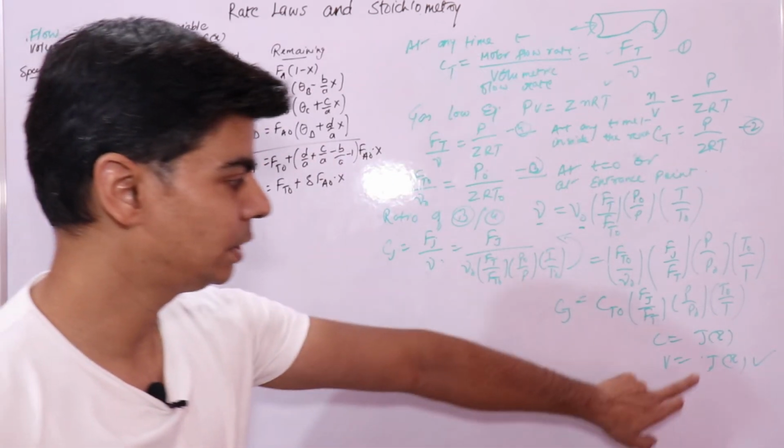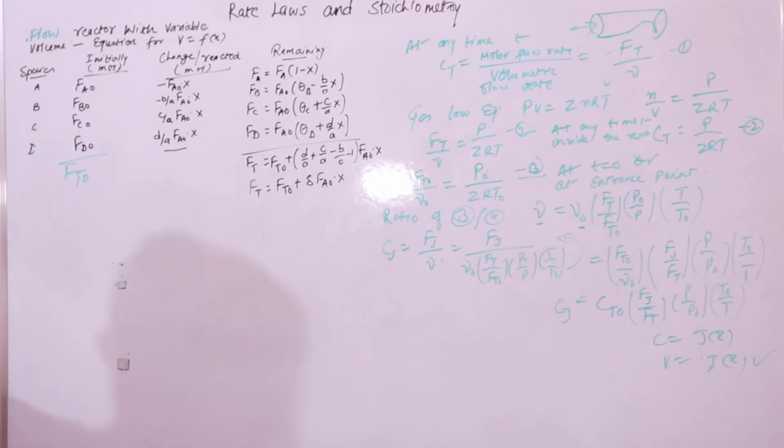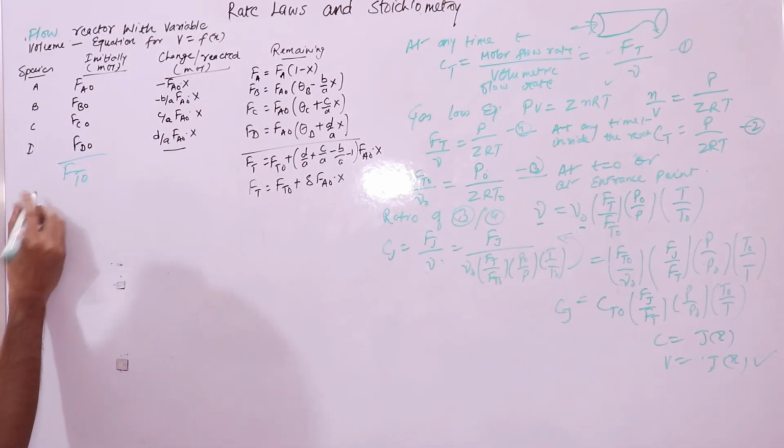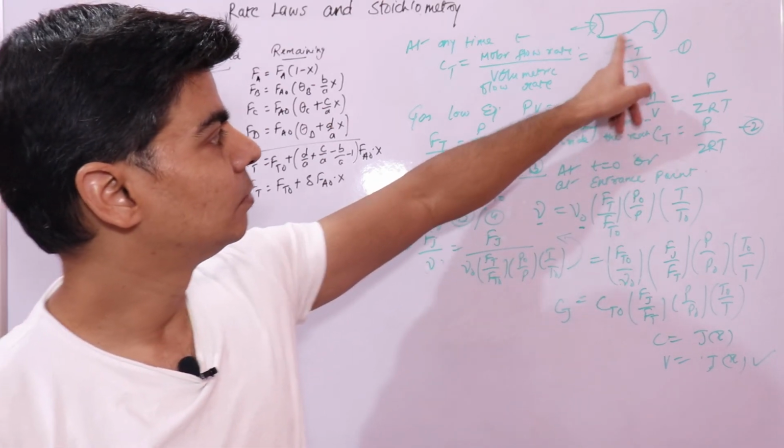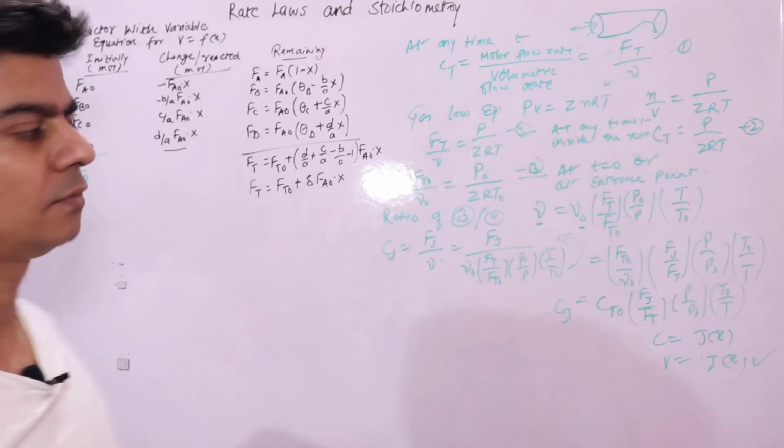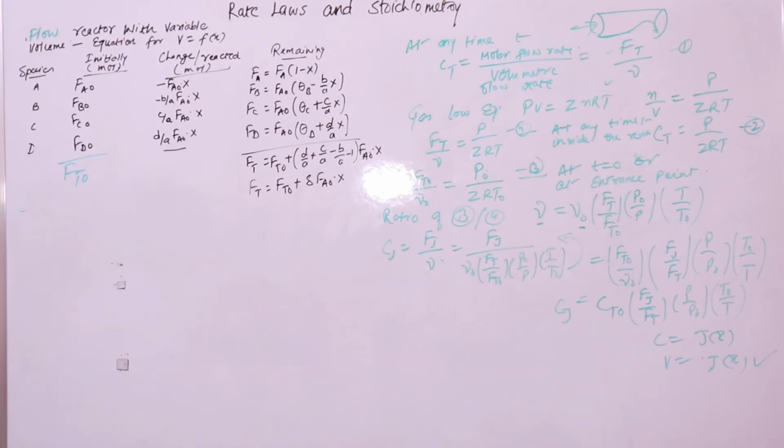Once you have volume in terms of conversion, you can get concentration in terms of conversion, because we know that concentration is molar flow rate divided by volumetric flow rate for a flow system. So to get the relationship between volumetric flow rate and conversion,